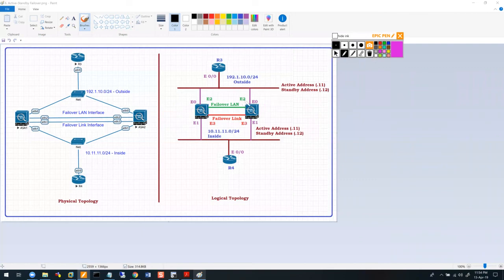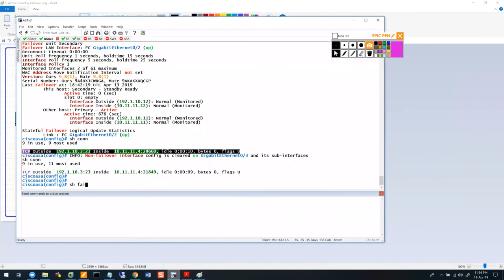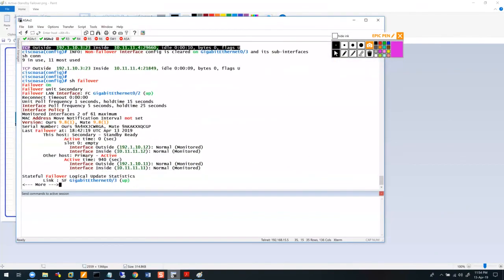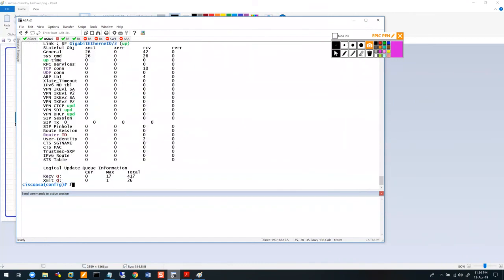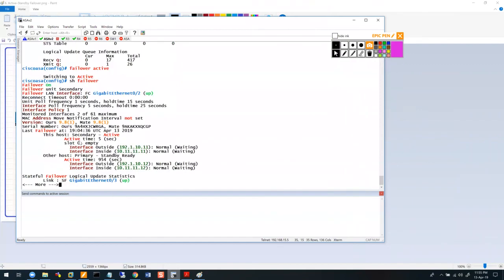So if you want this guy to become the active box so that you can do some maintenance work on it, the way you do that is by using a command called failover active. So I can go to the second box, which right now is what? This host is what? I don't care about secondary. More importantly, I am standby ready, right? So what I can do over here is failover active. As soon as I do that, it switches to active. Now my role is